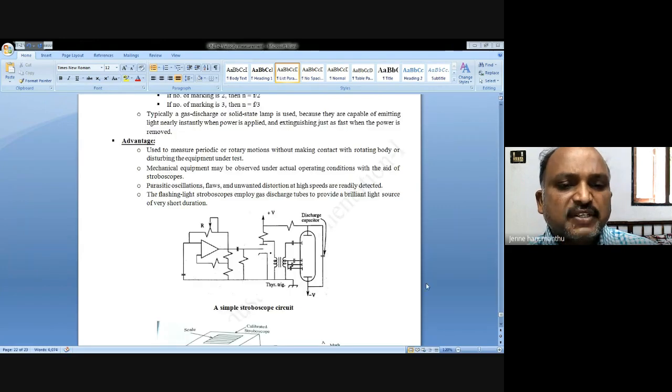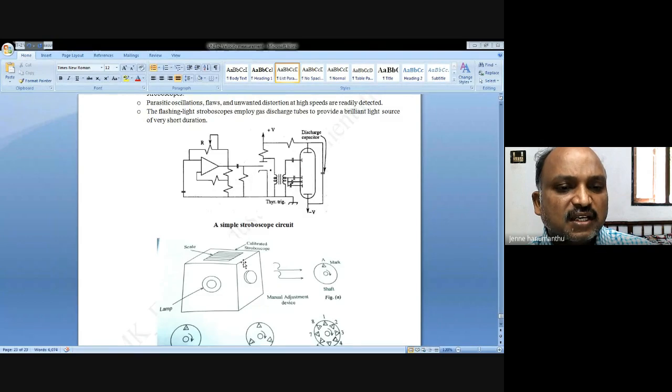Okay, we can also represent the same with an internal diagram like this. So we are replacing this total block by this circuit. This total circuit includes op amps, resistors, configurations, a discharge tube and capacitors. All these transformers and all these connections are available internally in the stroboscope.